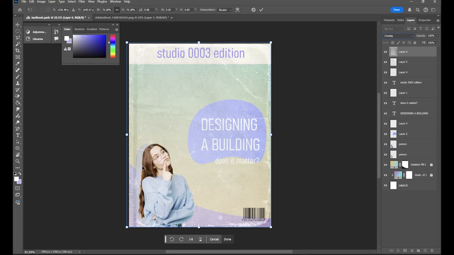So now we can see that texture, but if it is too bright, I can always go to opacity and just turn it down a little bit. That way we can still see this beat up texture right here, especially where those corners fold up. And we can see the spine as well.